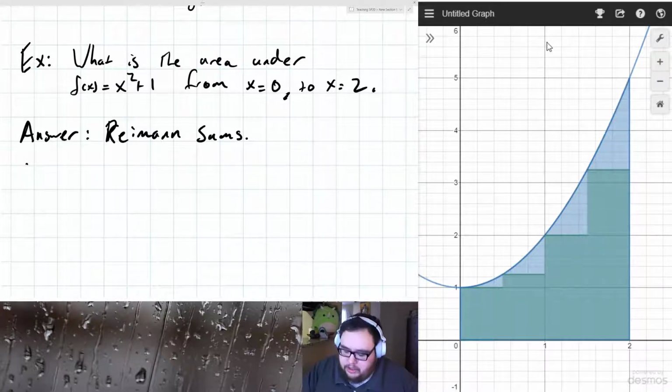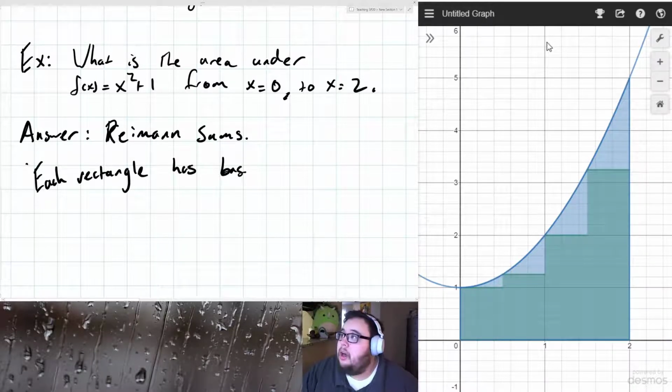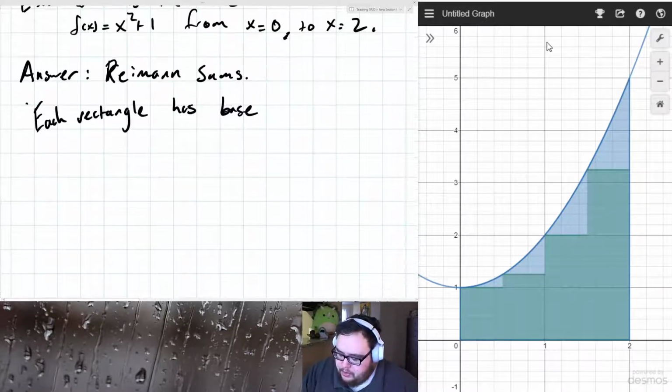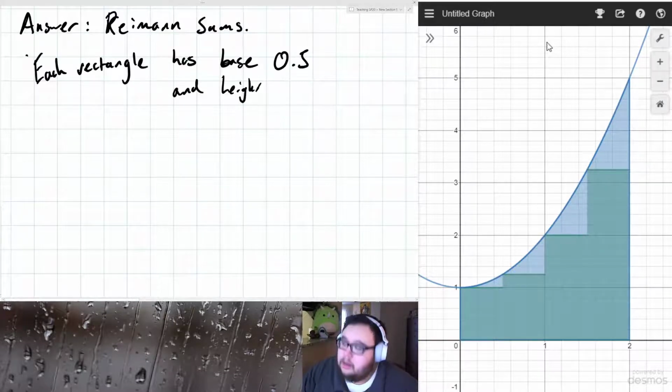Each of these rectangles has base 0.5 units, and the height is slightly different based on each one. In this case, 1, 1.25,